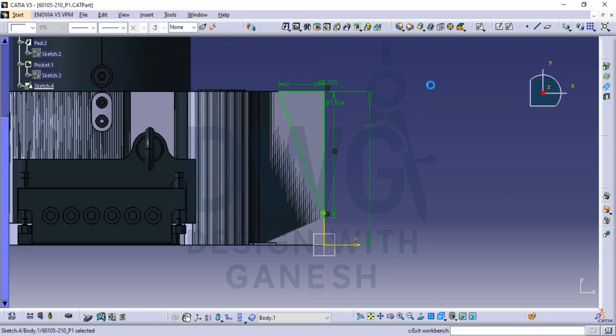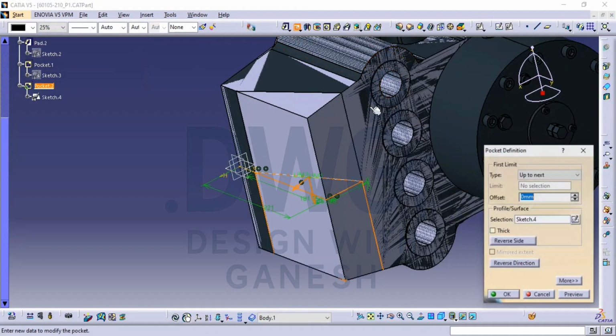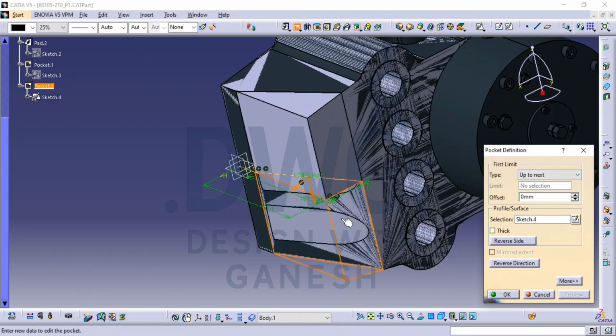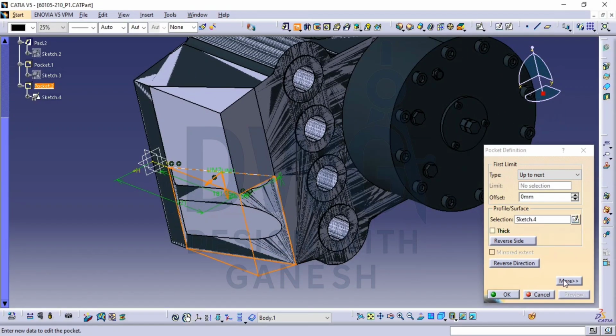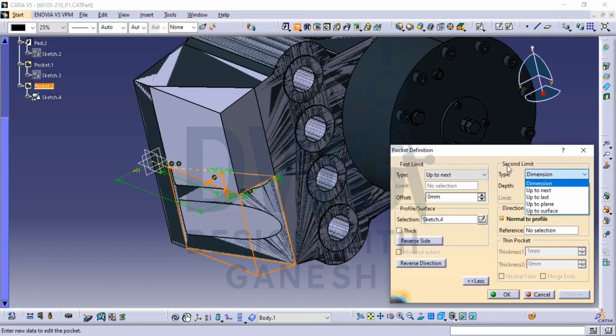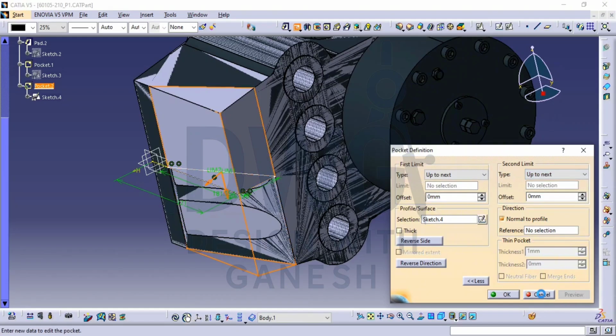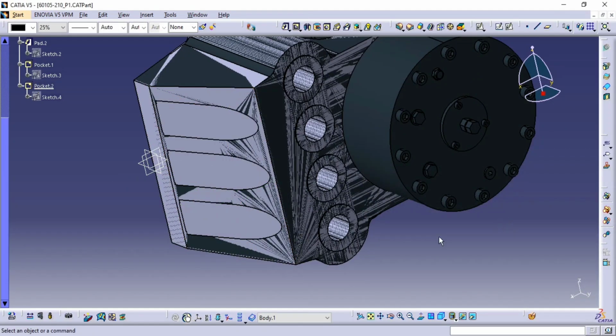Exit, use the pocket option and up to next, click on preview. It is removing the material on one side only, so I want to make it on the other side also. Click on the second limit, click on up to next, click on preview, click on OK. That's